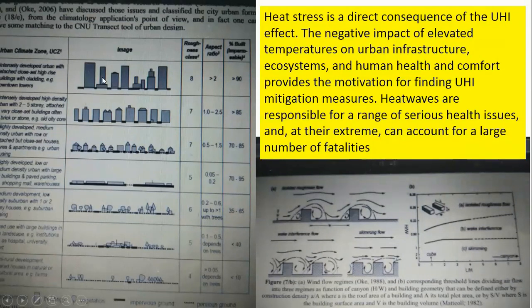It occurs where there are many tall buildings. But if the buildings are very low height and there are many trees, it depends on the trees. The temperature rise depends on the height of the building, the spacing of the buildings, the gap between two buildings. If the gap is very small, then there is the formation of a heat sink. So it causes heat stress.